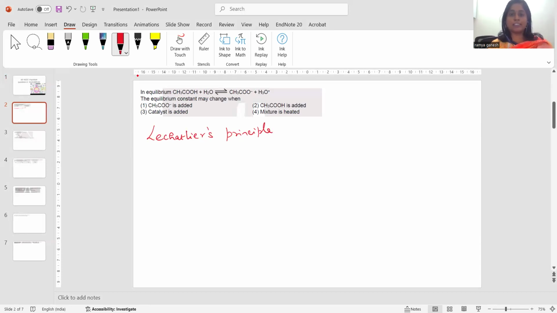So according to Le Chatelier's principle, imagine reactant as well as product are already established in equilibrium. They are existing so happily there. If suddenly a change occurs, either the reactant side or the product side starts reacting to the strain so that it can re-establish its equilibrium immediately. Now the question is regarding the equilibrium constant K. When will it change? K depends only on